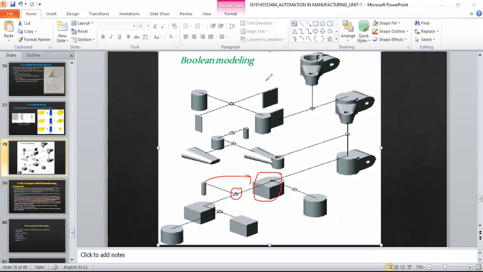This is not intersection, this is minus, subtraction. We are trying to remove this region from this body. It's exactly in the middle. If you remove that, this will be formed. Clear? That this is subtraction. That's how we are able to get this final body.